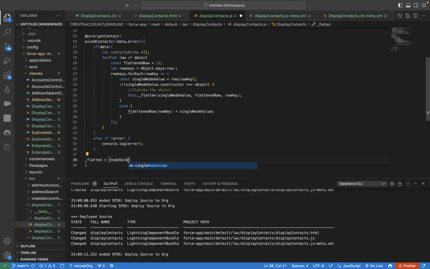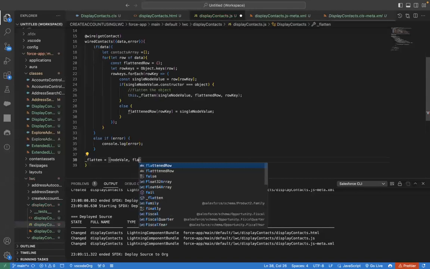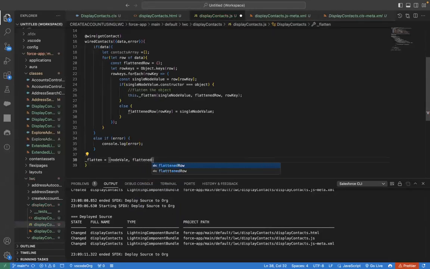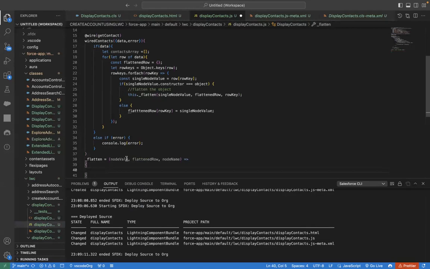Something with node value, flatten row, node name, and we can just try using an arrow function over here. Node value. Okay, so now we're passing this single node value to this node value, this flattened row here, and this row key value to the node name. Okay. Now the next step is